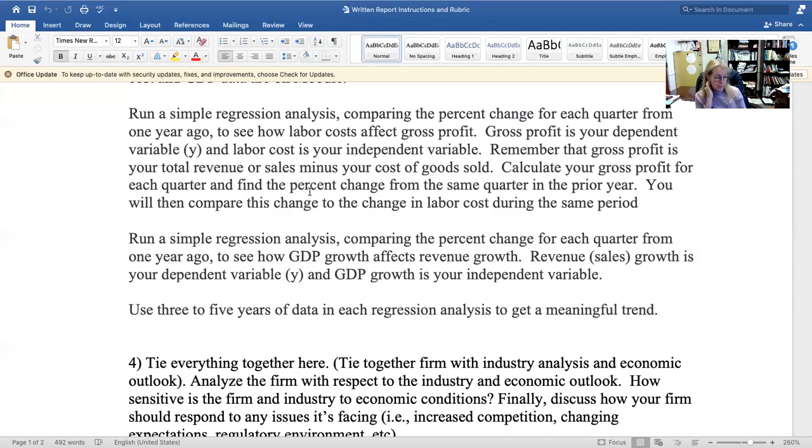And then, this was really interesting. One of the groups last year had Lowe's as a company, and they looked at the number of named hurricanes, so the number of named storms. They regressed that against their gross profit and their revenues, and they actually found a positive,